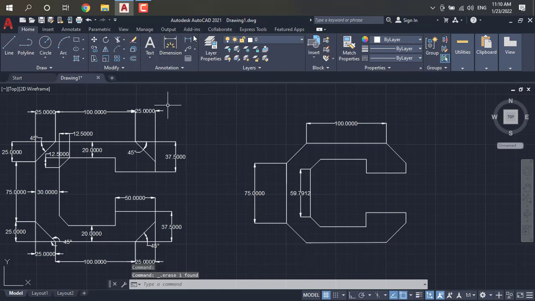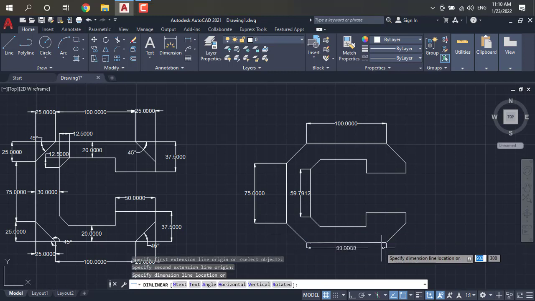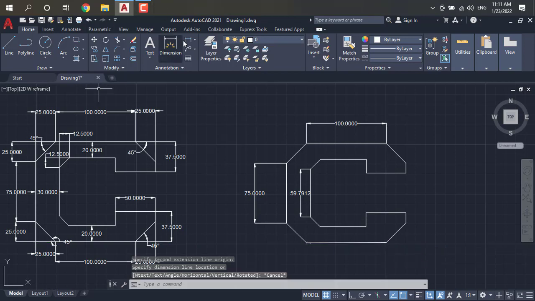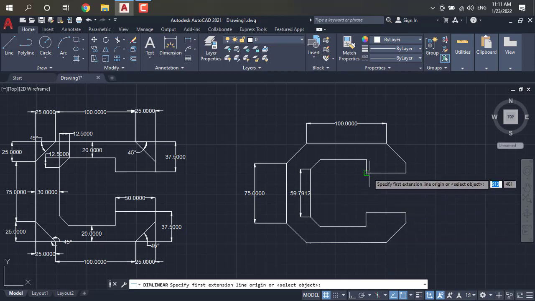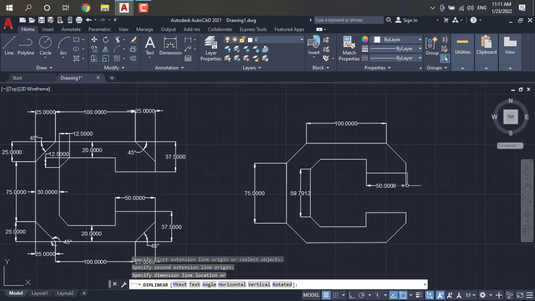Then again I have to take dimensions. When you give your dimensions, please select exact locations.